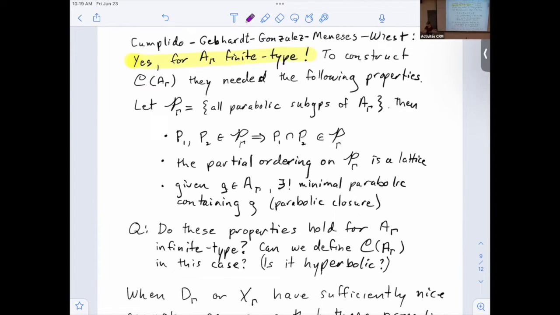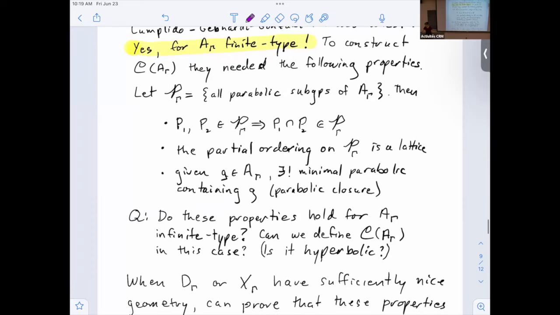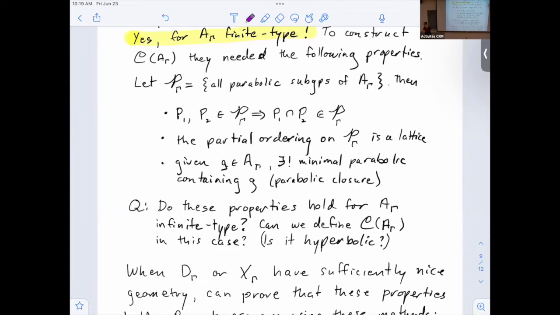All right, so those behave nicely. And finally, using these properties, one can show that given any element of the group, there's a unique smallest parabolic subgroup containing that element. It's called the parabolic closure of the element. All right. So these are properties that you think, oh yeah, sure, but they were not easy to prove. Okay. So we know that for finite type, which brings us to